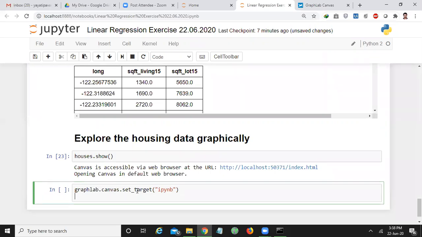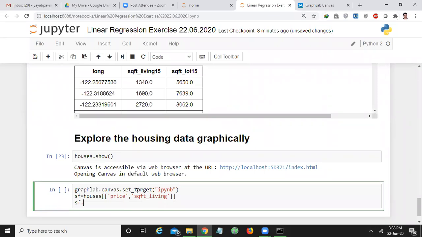So now I want to check the houses, of which columns we have studied? Price and SQFT of living area.